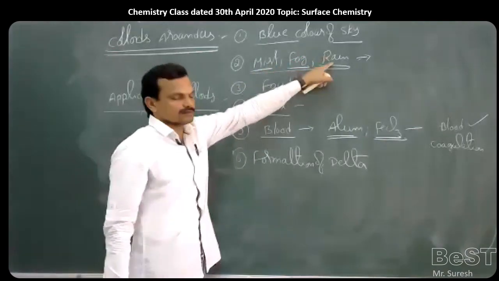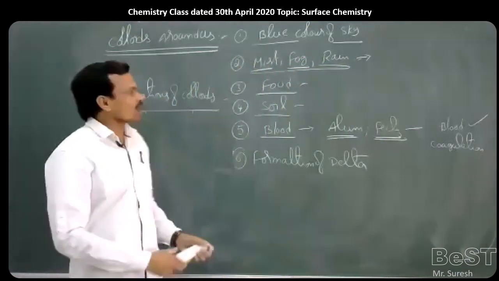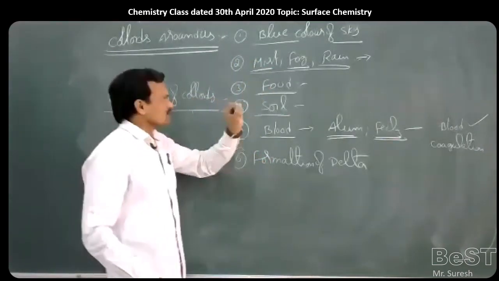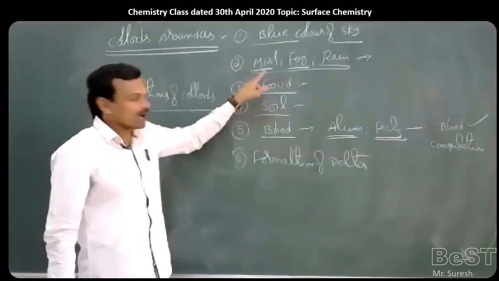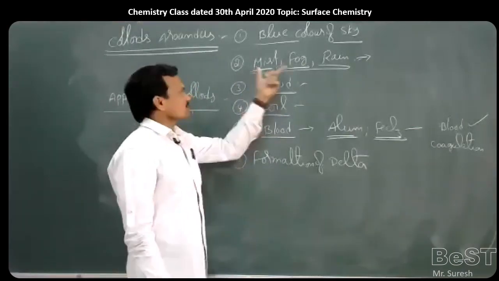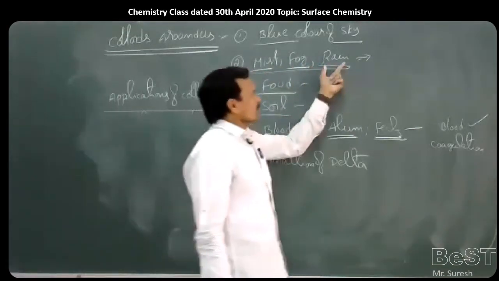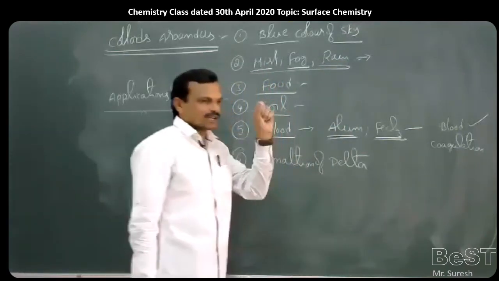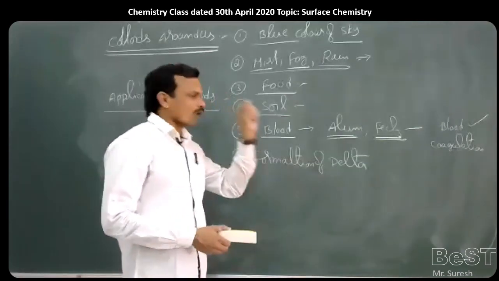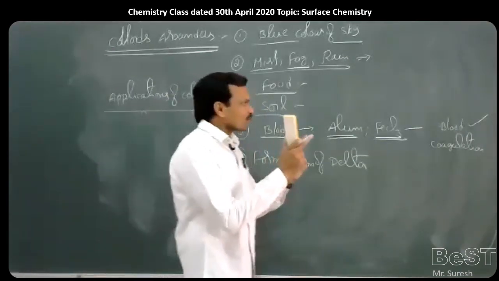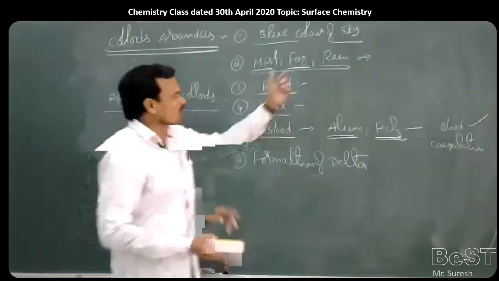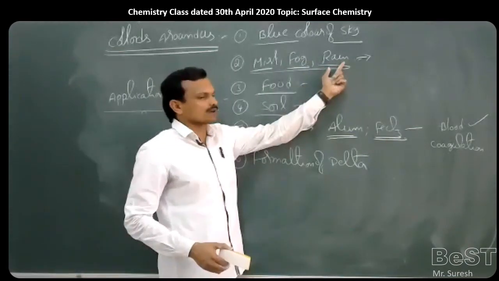Mist, fog, rain. The water vapor gets condensed whenever the temperature reaches below the dew point, and the water droplets accumulate on the surface of dust particles and form tiny droplets of water which are spread in the atmosphere, forming mist and fog. A cloud is nothing but tiny droplets of water dispersed in air. Whenever the charge present on the droplets gets neutralized, the water droplets undergo coagulation and form bigger water particles. They reach the surface as rain, which involves coagulation of water droplets.